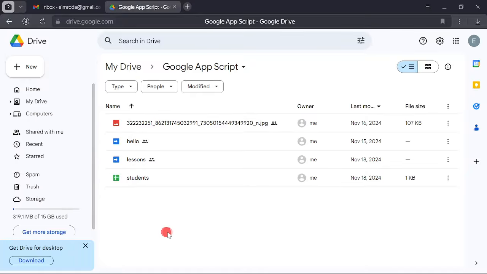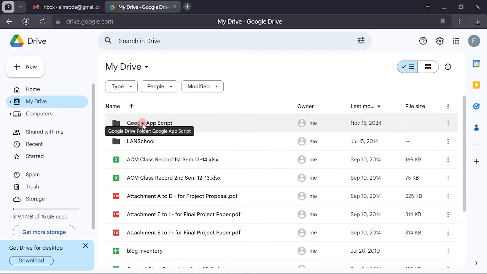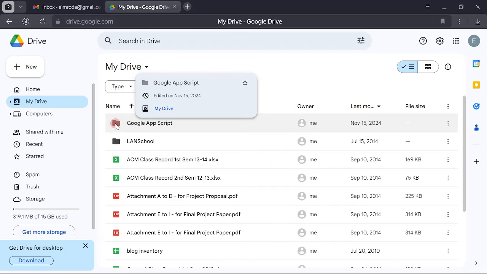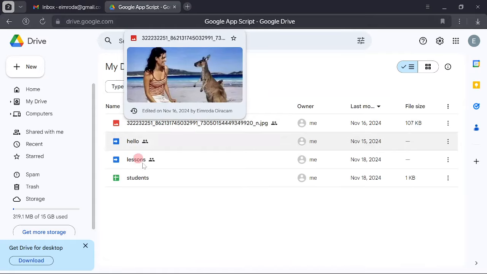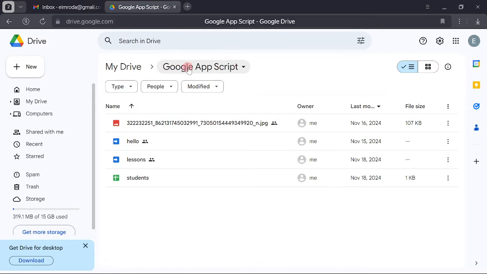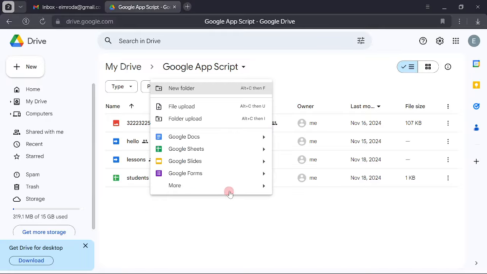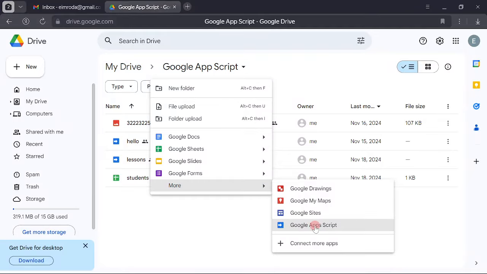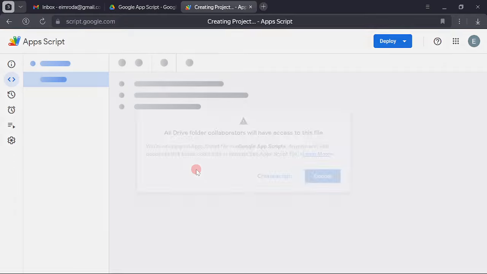In my case, from my drive, I have created a folder named Google Apps Script, which I'm going to use for the discussion of our different topics. So I am now inside my Google Apps Script folder, and aside from New, I could also right-click anywhere here, then More, then Google Apps Script. Google is now going to create